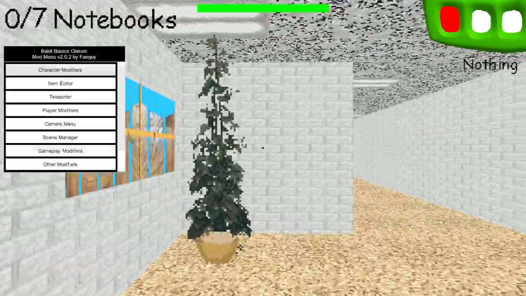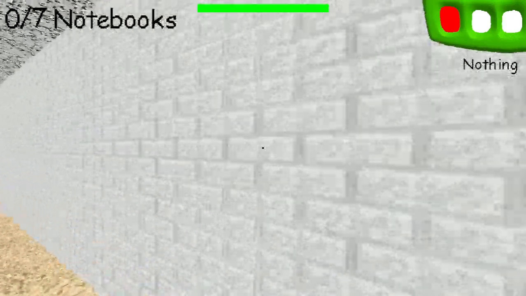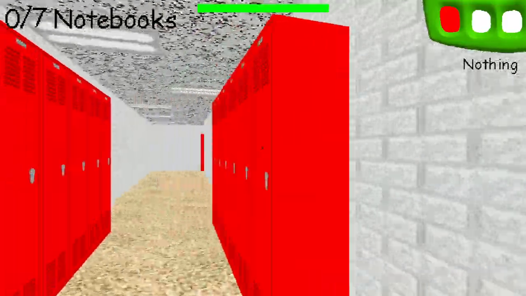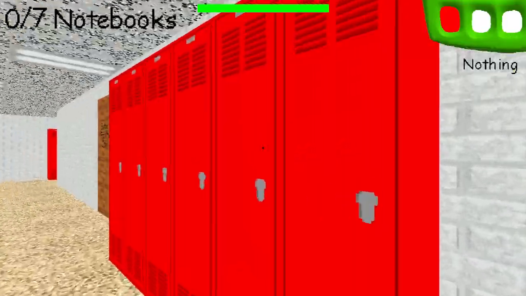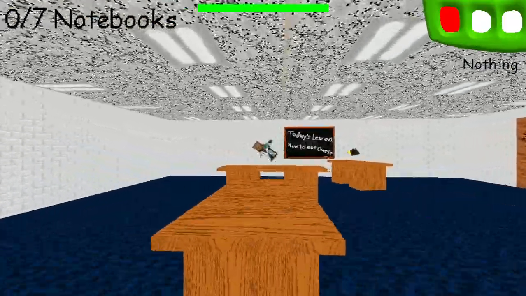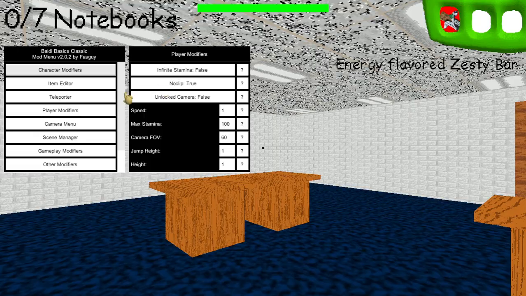Welcome again to my school. And you can also find it in the faculty room which leads to the hallway of the circle. There are 2 faculty rooms for entering, and the first one will contain the Zestibar. So now the usage of the Zestibar is to